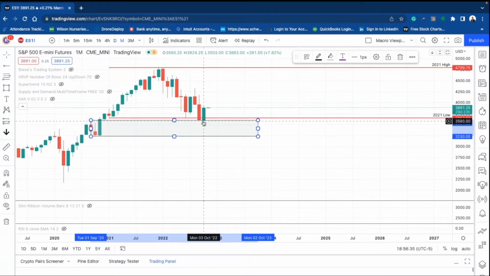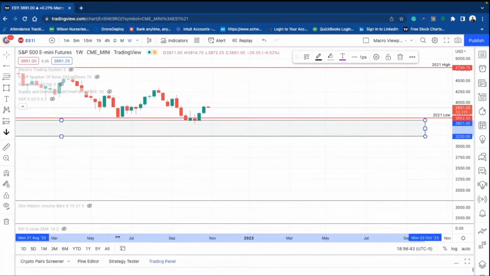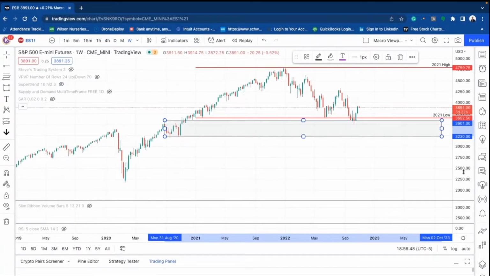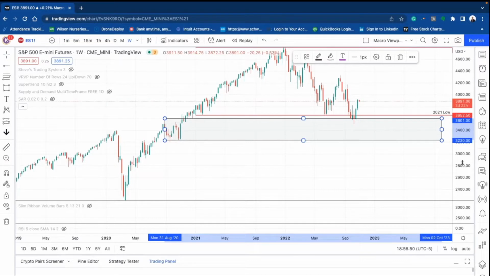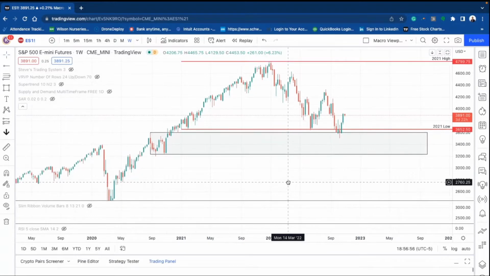We got one here. So yeah, now we drop down to the weekly. Again, this is top-down analysis. So when I look at charts, I like to look at it from a higher time frame down to the lower time frame, just because you can get distracted by these lower time frame moves. We might get a couple days going up, but the overall trend is down,